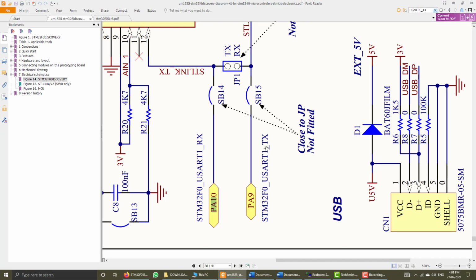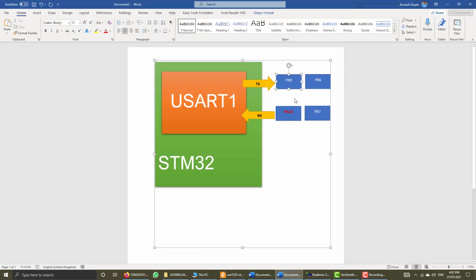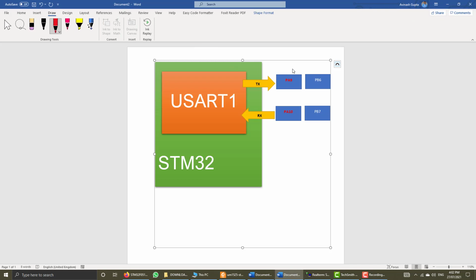And this TX signal is connected to PA9. I will also make it bold, and so this is used in our discovery board. I will mark it here. These ones are used in our discovery board. So according to this data we have to configure our software.